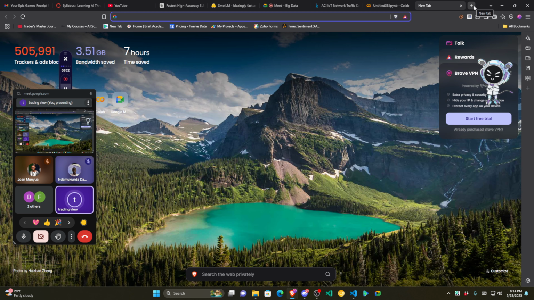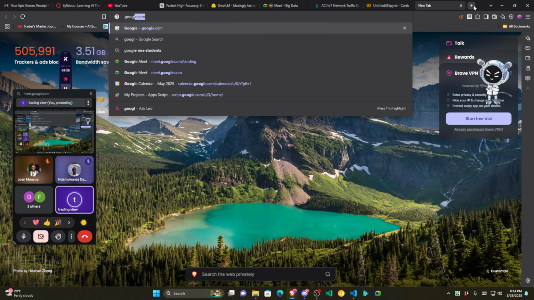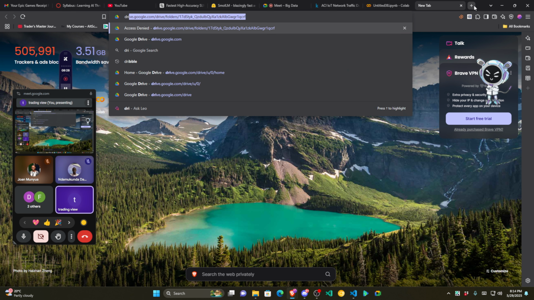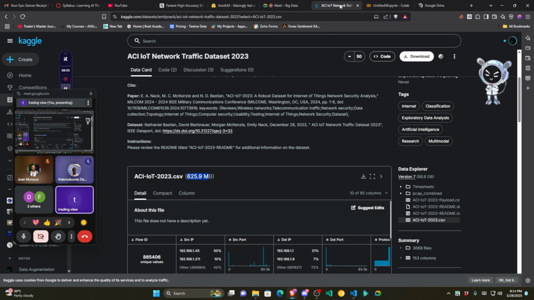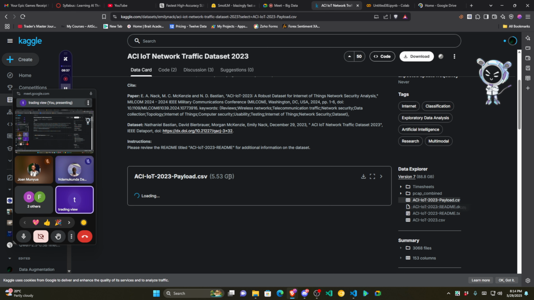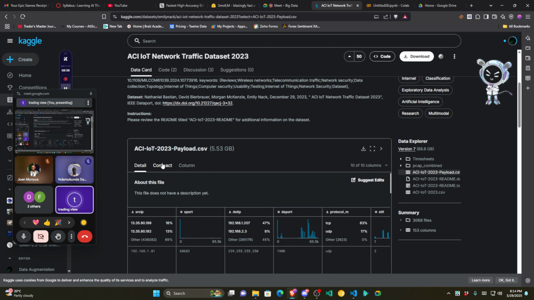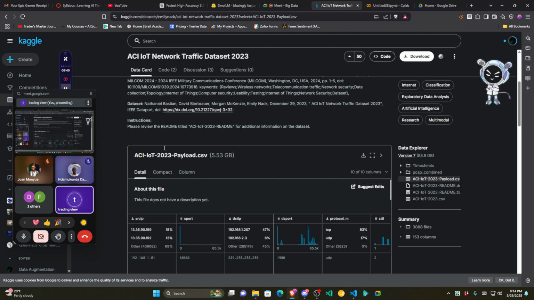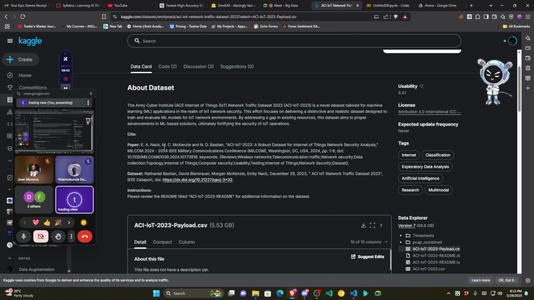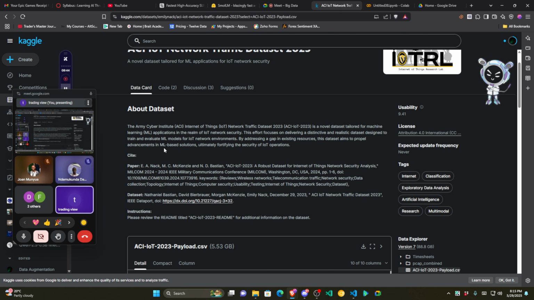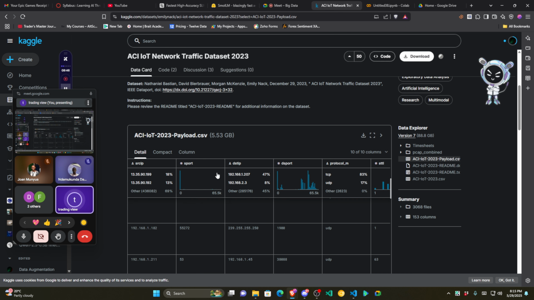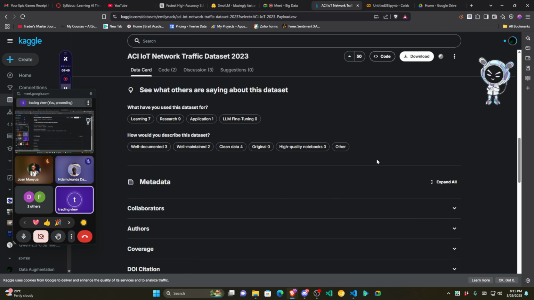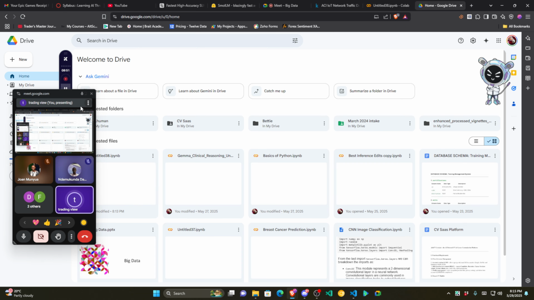Let me see if from my Google Drive I've got a dataset that is big in size as well. We've got this other one that is 5 gigabytes in size over here, and we can download it